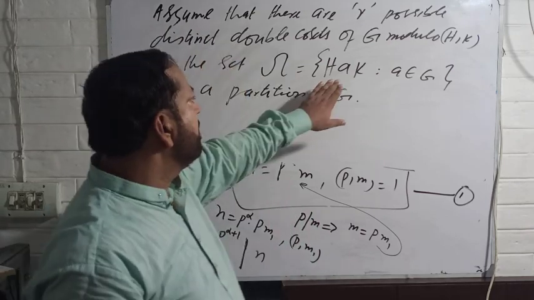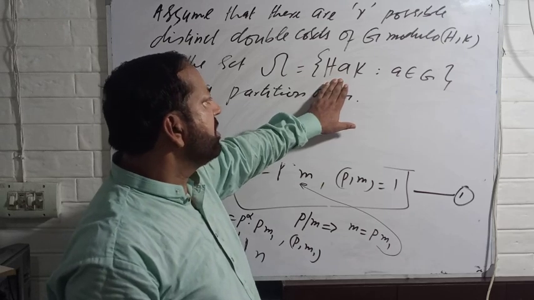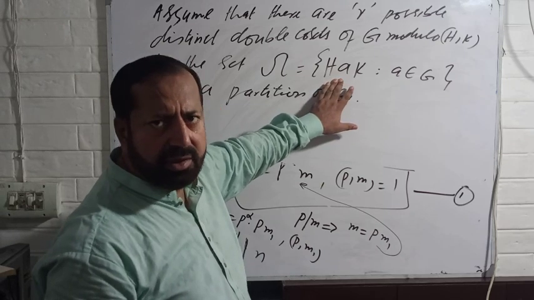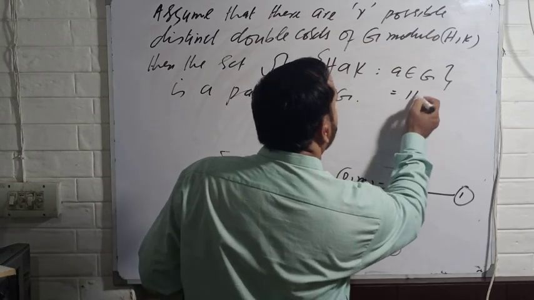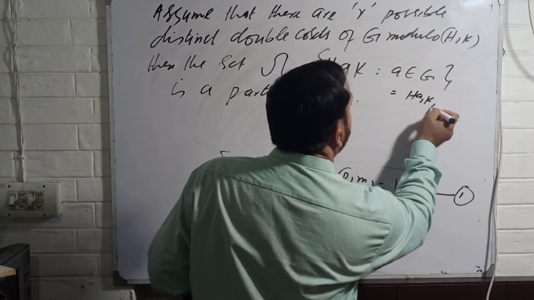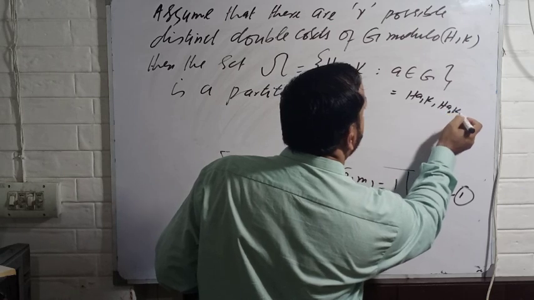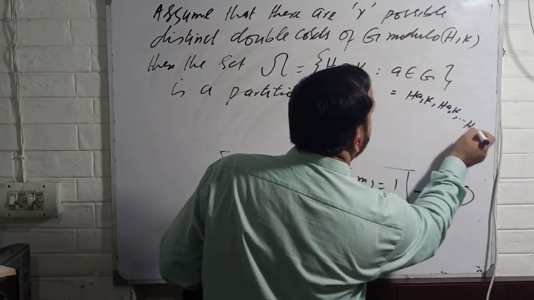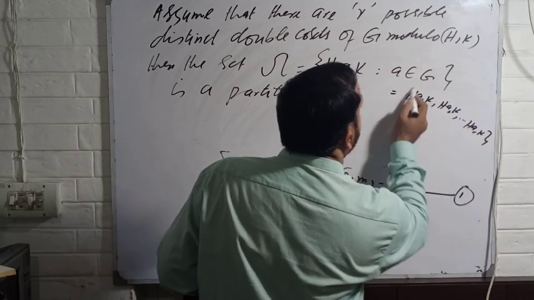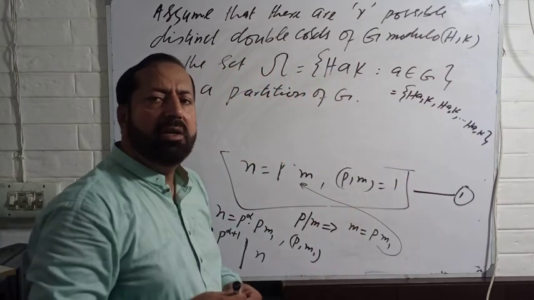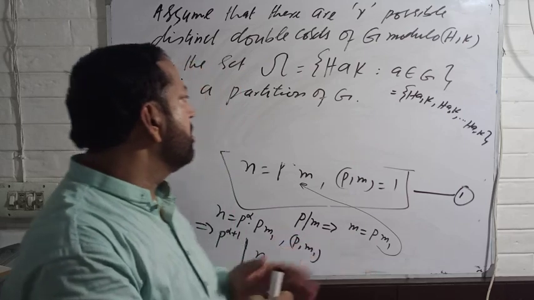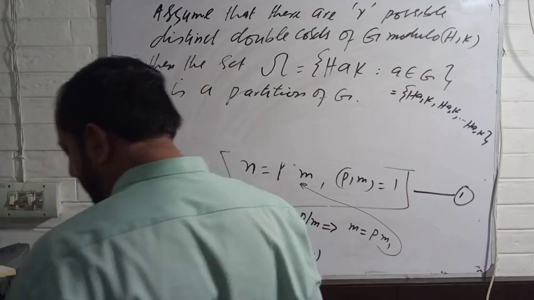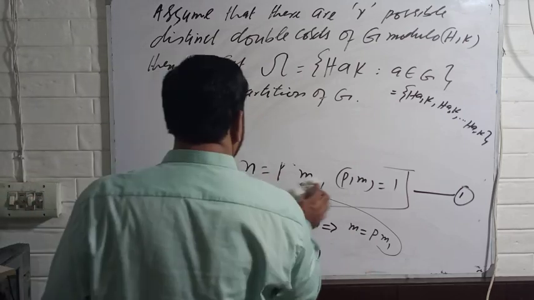So this set is containing all possible double cosets. Meaning to say that HA1K, HA2K, and so on, HArK, these are the possible double cosets modulo HK in this case. So then by inclusion exclusion principle,